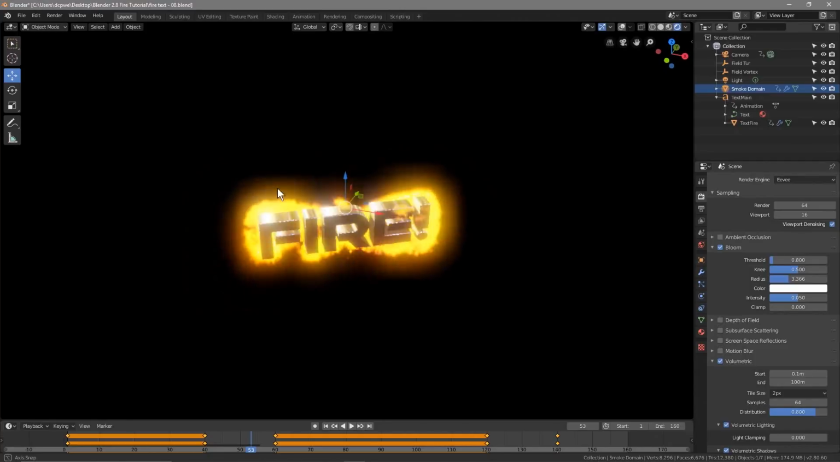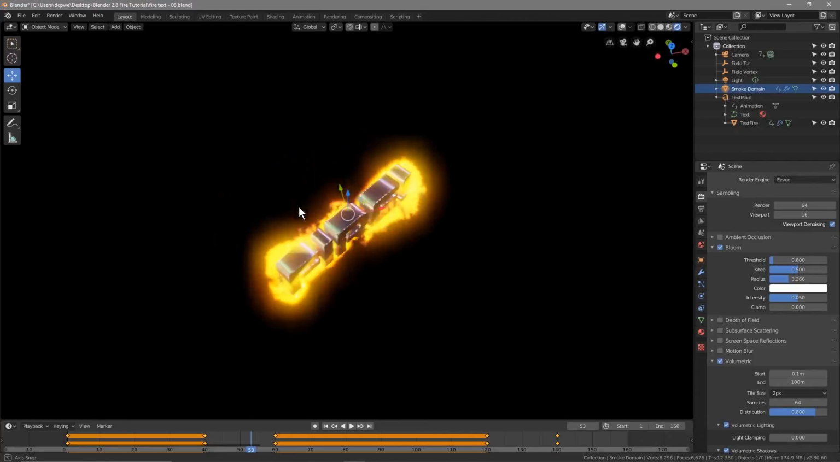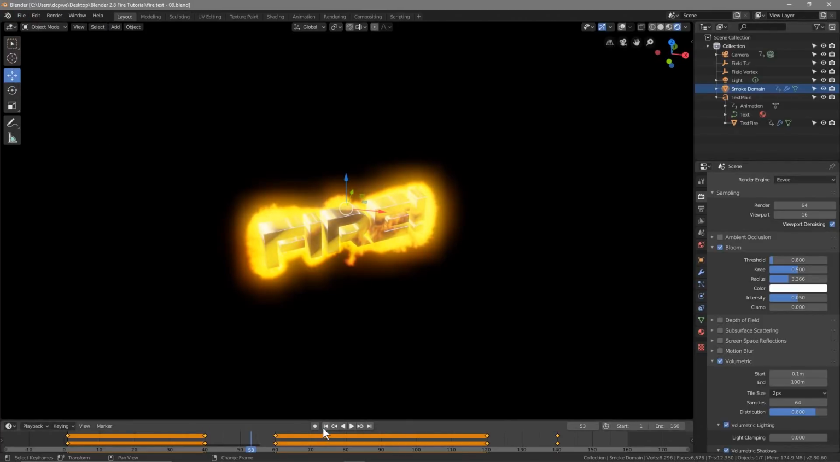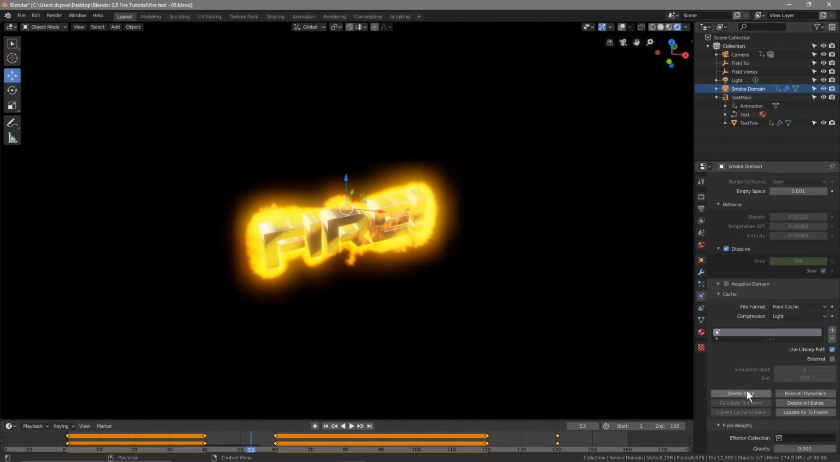Like I said, it's going to take a bit of time to bake all of this out in Blender. So let's go to File, Save. Let's go back. In theory, we should be able to continue our bake from here, but I'm not sure if that will work. So let's see. Let's click Smoke Domain, go to Physics. Let's see, update to all frames. I'm not sure we can do that. Let's just click bake all dynamics. I don't think it's going to do that, so I think we have to delete the bake. So let's click delete bake here,